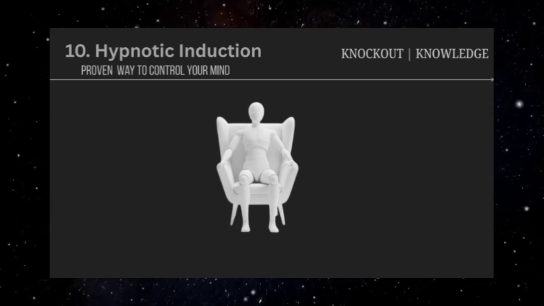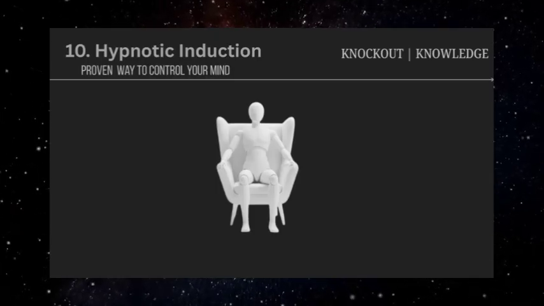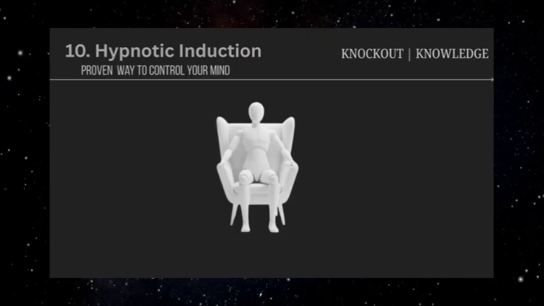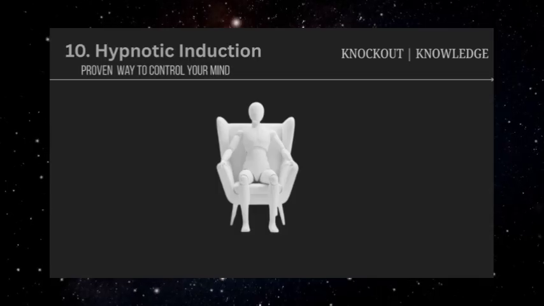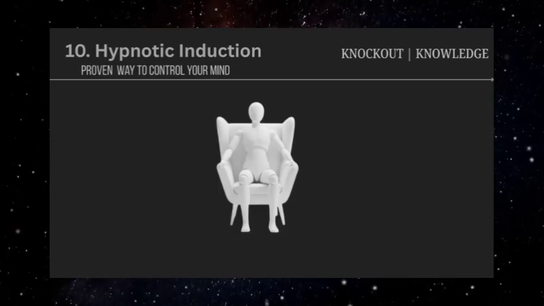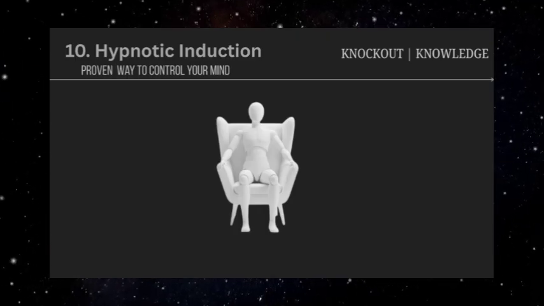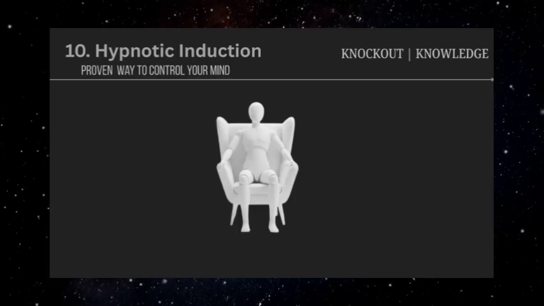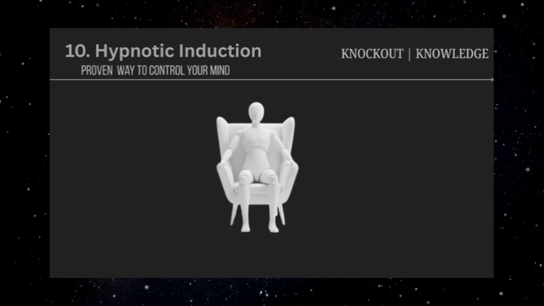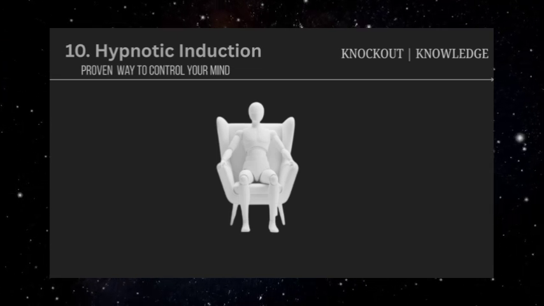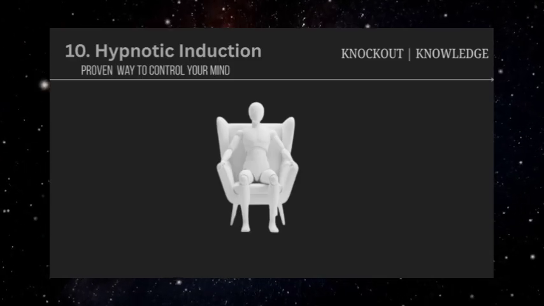Physical relaxation and comfort are often used to facilitate hypnotic states. Someone might offer massage, suggest comfortable seating, or create an environment that naturally leads to physical and mental relaxation. These seemingly caring gestures actually serve to lower psychological defenses and increase suggestibility. Hypnotic language patterns include specific techniques like embedded commands, where suggestions are hidden within normal conversation. Instead of directly saying, "You should trust me," someone might say, "I think it's important for people to be able to trust completely when they meet someone who truly understands them." The command to trust is embedded within a seemingly innocent observation.